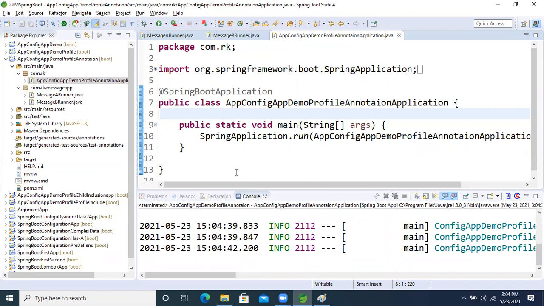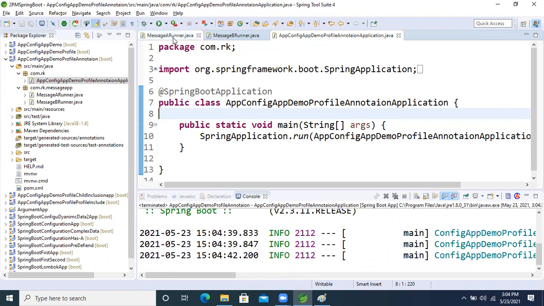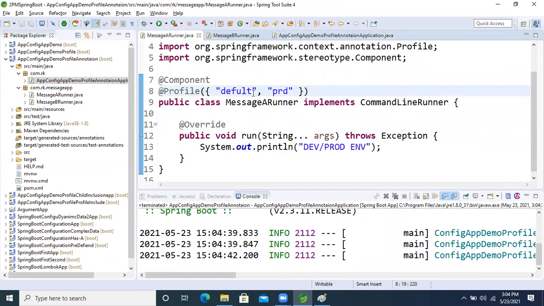Spelling mismatch, Ravi? Default spelling is correct, right? Actually, whatever key, if we are taking default, both should work. Why is it not working?